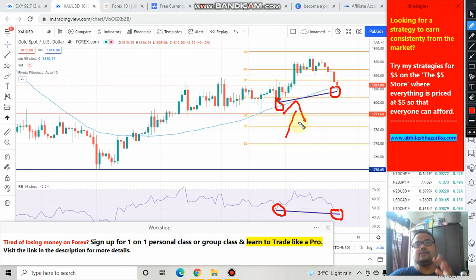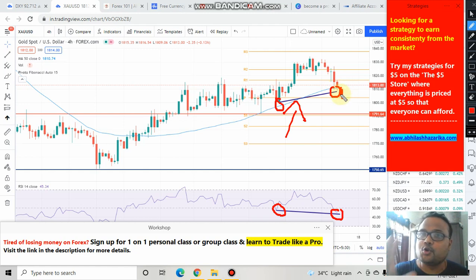So RSI divergence is one of the most common and most popular trading strategies followed by traders all over the world. Even I do follow RSI divergence. Therefore, if the market starts going down, or if the market fails to take support at the 50 moving average on Monday and starts going down, then I will not be surprised. And if you see some good selling pressure on Monday, then you can also short the market.